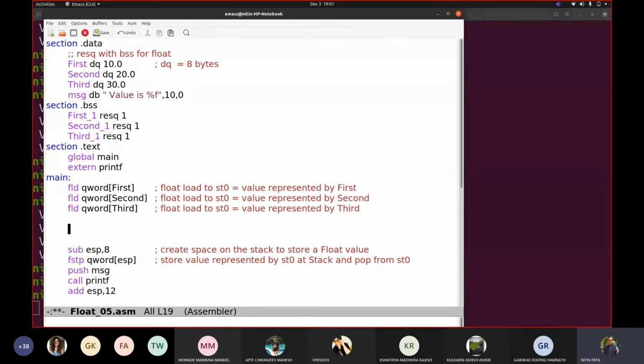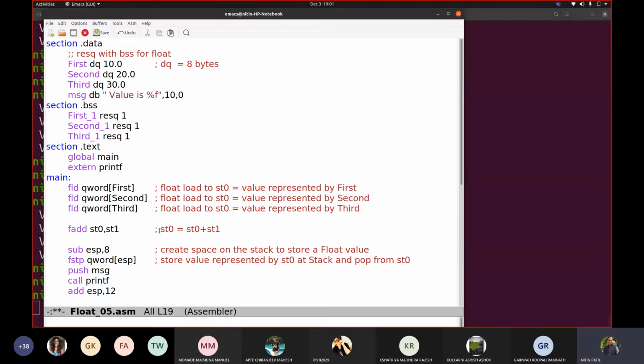As I said earlier, almost every instruction which we use for floating point to operate with the numbers will use F as a prefix. So I will write FADD ST0, ST1. What does it do? ST0 is equal to ST0 plus ST1.